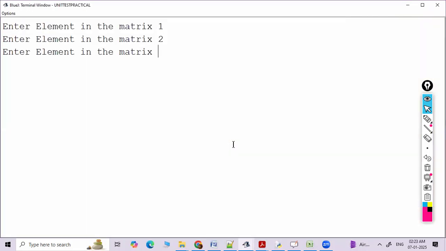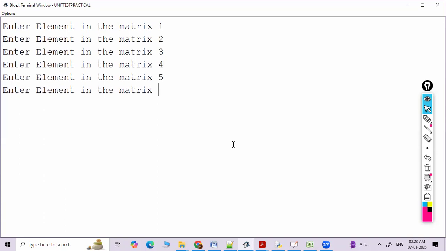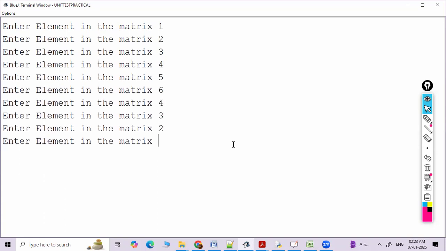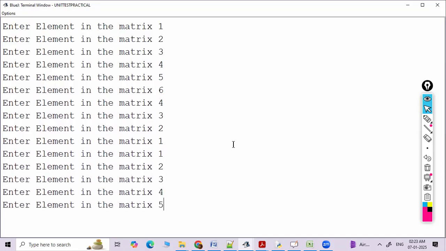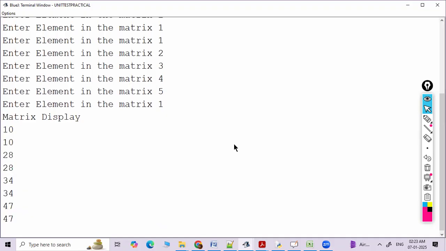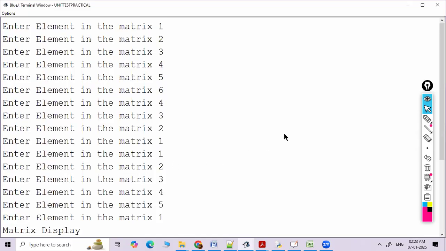See, I'm typing 1, 2, 3, 4, 5, 6, 4, 3, 2, 1, 1, 2, 3, 4, 5, 1. Okay, see, the answer is coming, but the matrix is not displaying. So it will be difficult to tell which is the right answer and which is the wrong answer. But I can try. This is a 4 by 4 matrix. So this is first row, first column. Then first row, second column. This is first row, third column. This is first row,